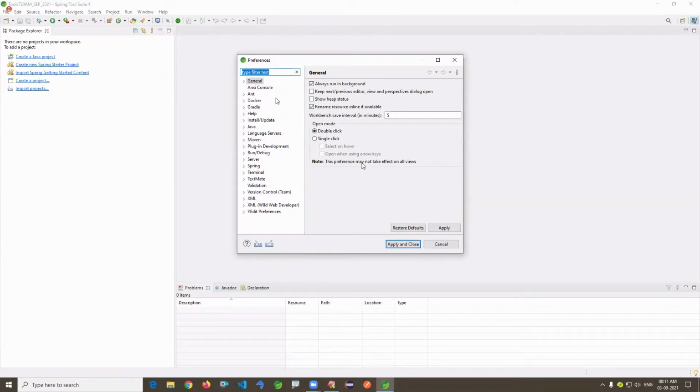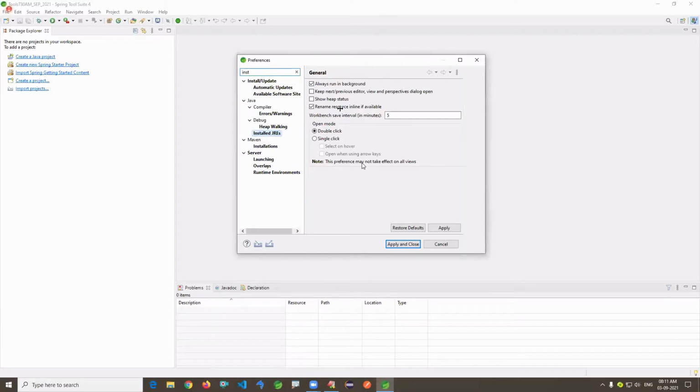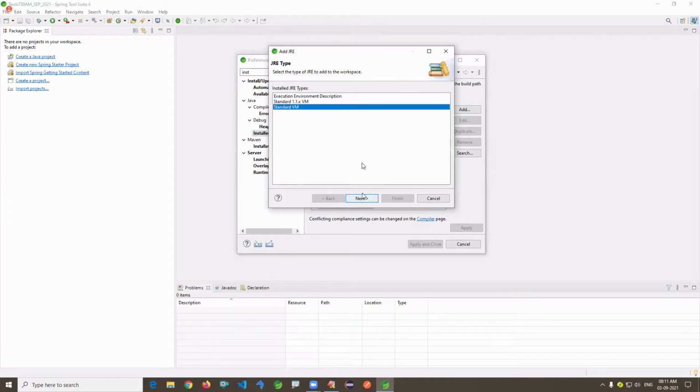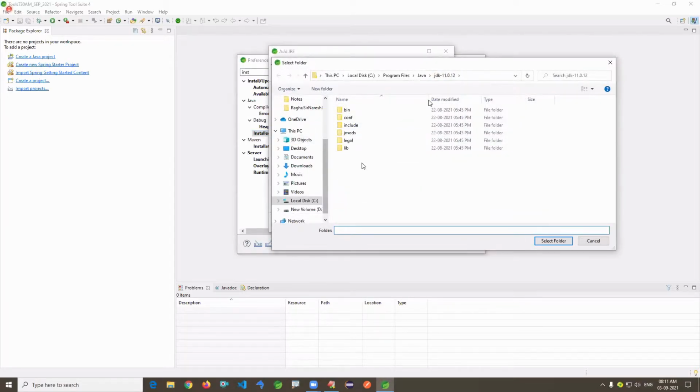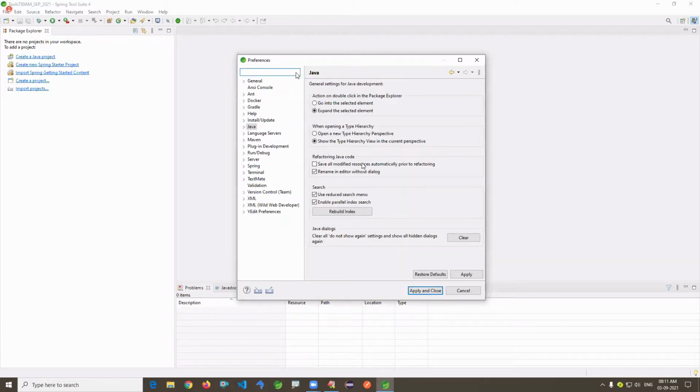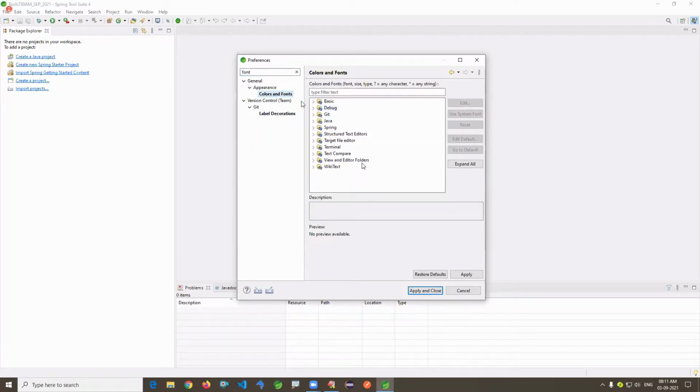This is also an advanced Eclipse actually. Installed JRE. Remove the old one. STS is also Eclipse only, but it supports Spring Boot also. Java, JDK, finish, apply, then colors and font.